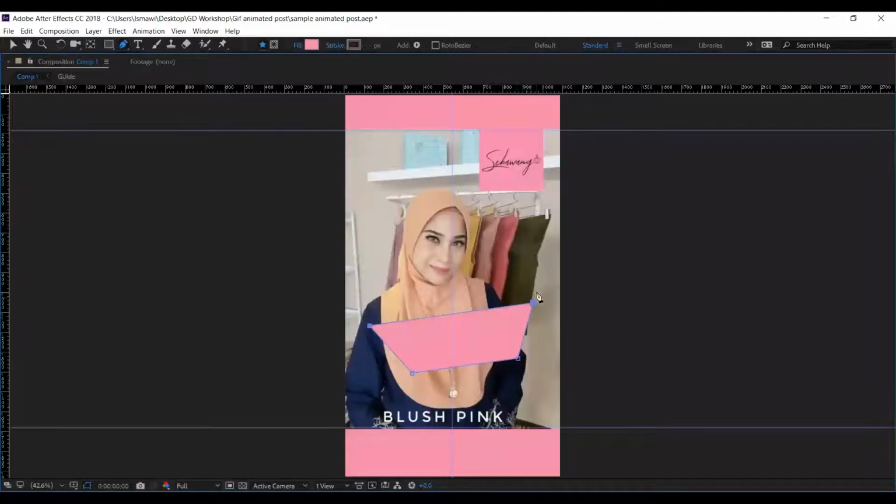You can create a straight line. You can create a curvy line by clicking and dragging, where we activate our handle or bezier tool to create a more organic shape. Okay, this is quite similar if you are familiar with Illustrator. So we can have a different shape, something like that.